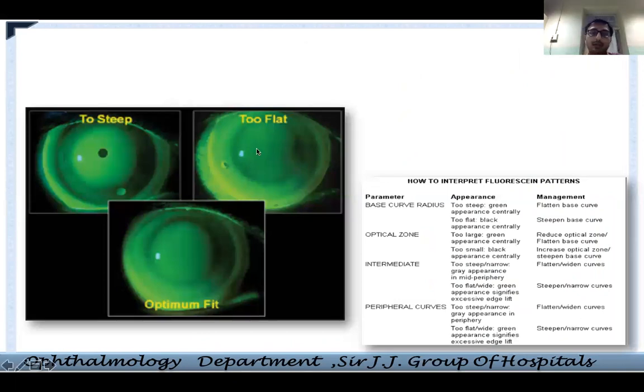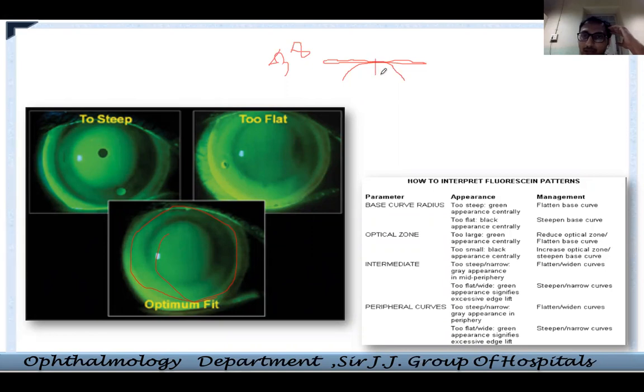Again, this is a very simple thing that I want you to understand, that when you do a contact lens fitting, what do you see? You should have an optimum fit like this, where it is not causing any damage to the ocular surface. Now see, it's a very simple funda. This is the cornea, and on this cornea you put a contact lens which is flat. It's like putting a 38 diopter contact lens on a 43 diopter cornea. It's like I'm just simplifying for your sake of understanding. What will happen? This will just go and attach to the center of the cornea.